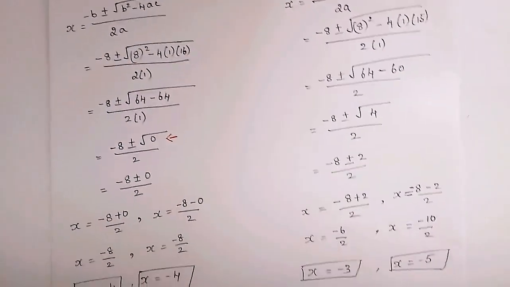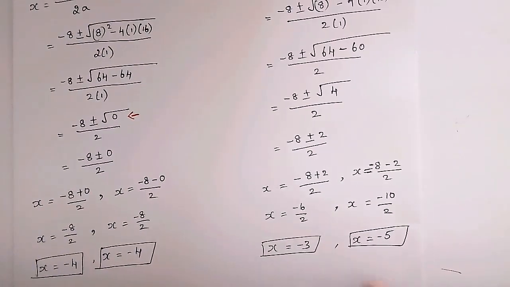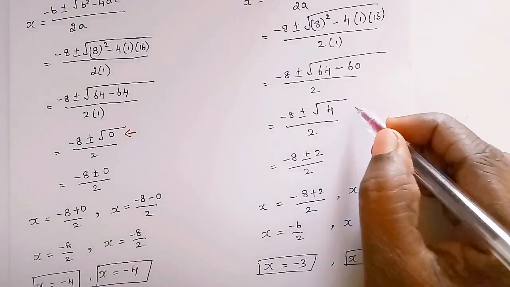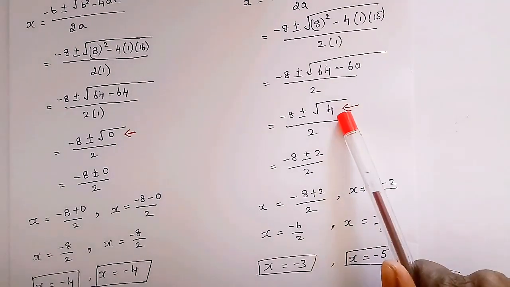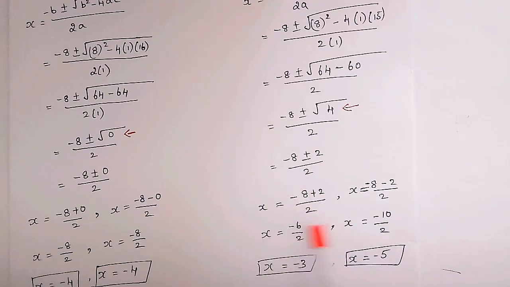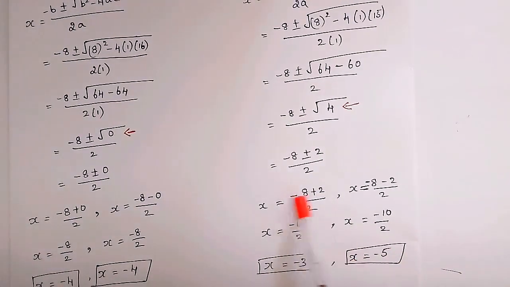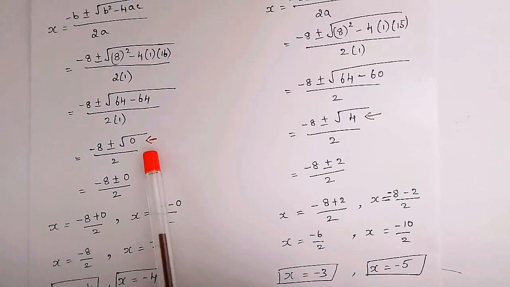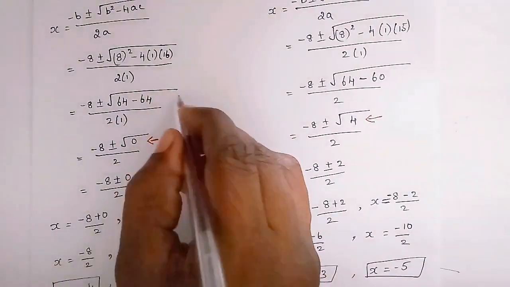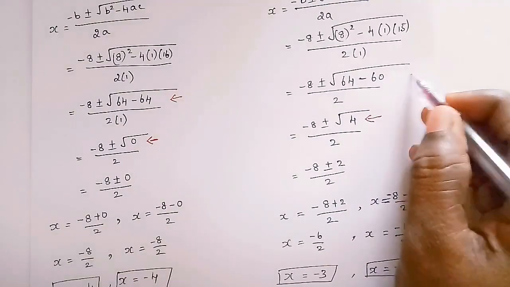And we will come to this example. The reason for getting two different answers is this place, that is plus 4. Because of this 4 only, square root of 4 we got plus or minus 2, so we got two different answers. Because minus 8 plus 2 and minus 8 minus 2, minus 8 plus 2 will become minus 6 by 2, it is minus 3, minus 8 minus 2 is minus 10 by 2, it is minus 5. So the main reason is this place. So from where did we get this place? From this step, 64 minus 64, from this step.